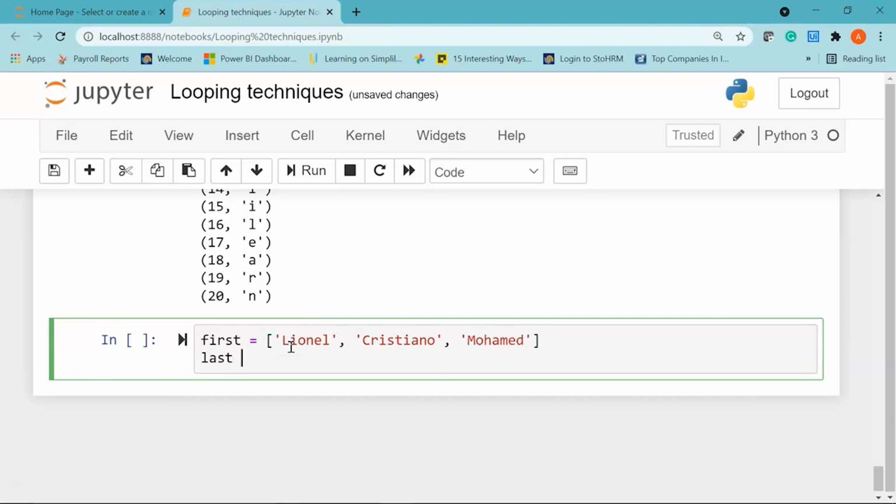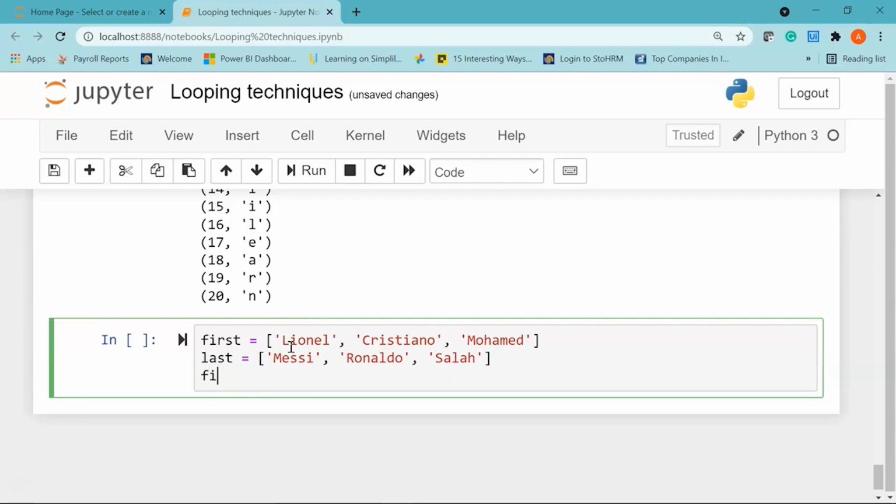I'll declare another list called last, which will have values like Messi, then we have Ronaldo, basically the surnames of Lionel, Cristiano and Mohammed, then we have Salah.